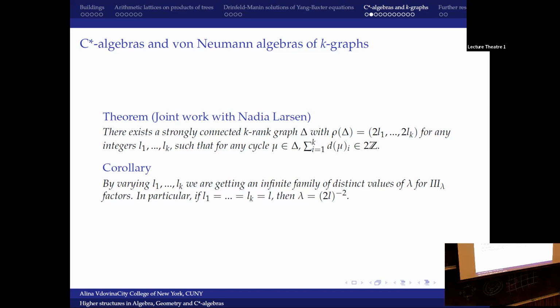But what was good is that since we have this nearly infinite supply of higher rank graphs, just by tweaking the graphs we can have a lot of examples of lambda, and I think one can do even more, but it's still quite a few possibilities for these type three lambda factors. I know that in factor theory people probably like type 2 factors, but for me it was still quite nice that you can vary this lambda in the type three factors quite a lot.